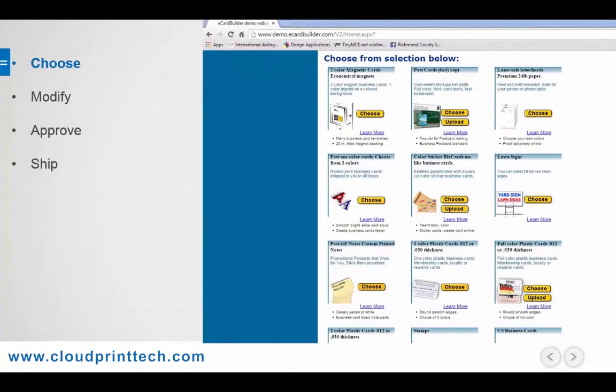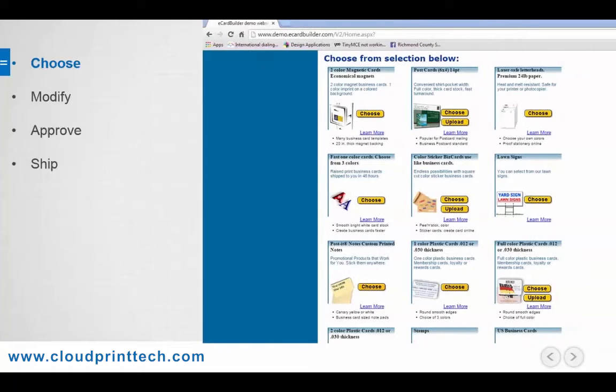So let's take a look at the interface and the customer experience. The first step is choosing their product. While there are many available, for this presentation we'll be building a simple business card. The first step would be the customer visiting your website and choosing their product. As you can see, there are many available to them, but for this example, we'll be building a simple business